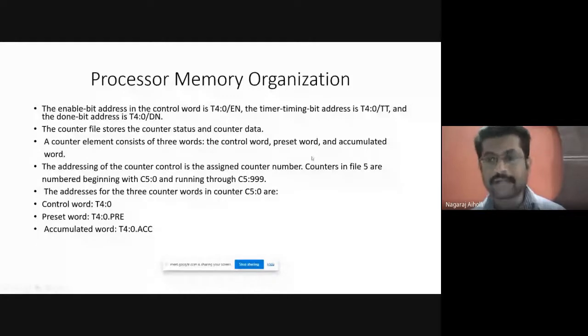Finally, once the timer operation is completed and the timer has elapsed its time, the done bit indicates this. The bit used for that is T4:0/dn.